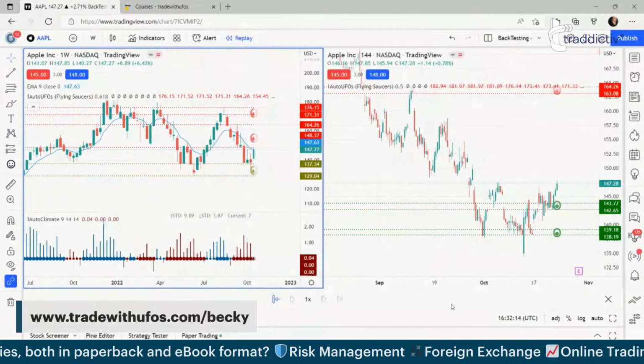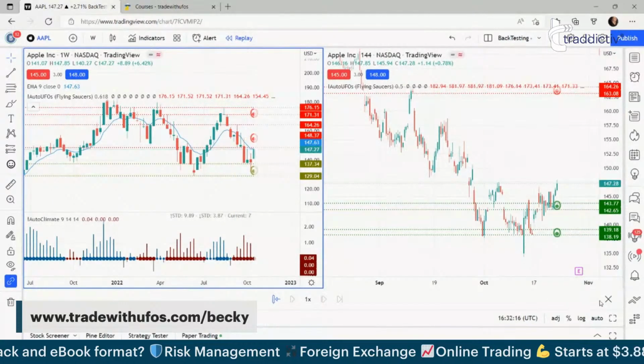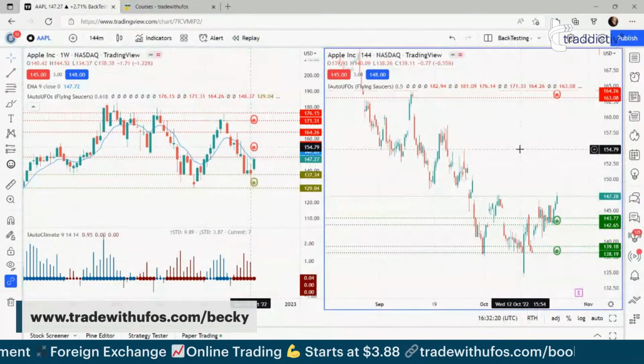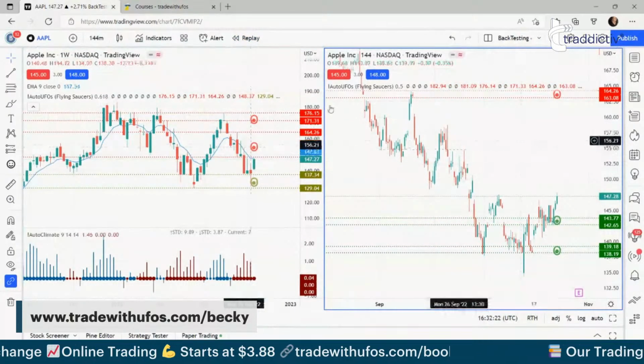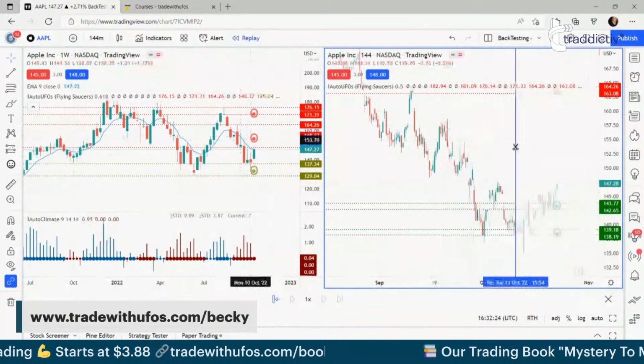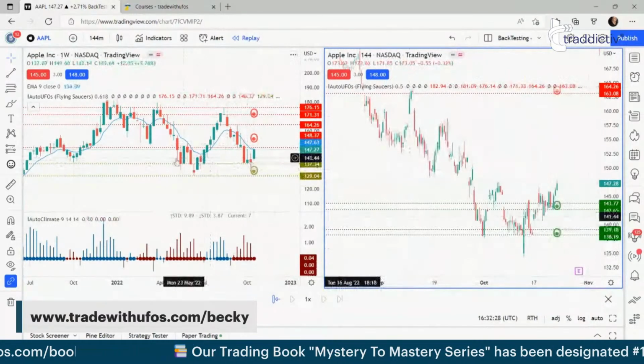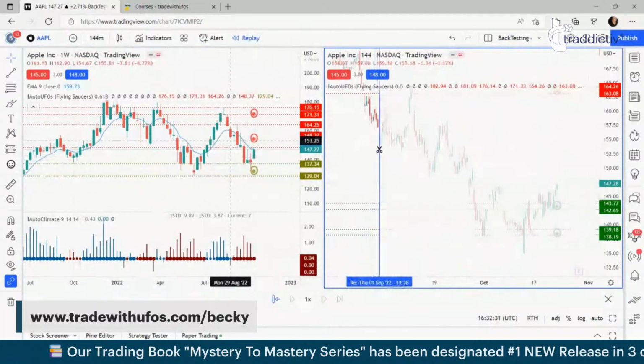I'll show you what that looks like in a minute, or how that works. You've got a little cross. You can exit that. Click on the chart that you want to use it on. Click replay again, and then you'll notice that that line applies to the chart you want, and would not apply to the chart you don't want.